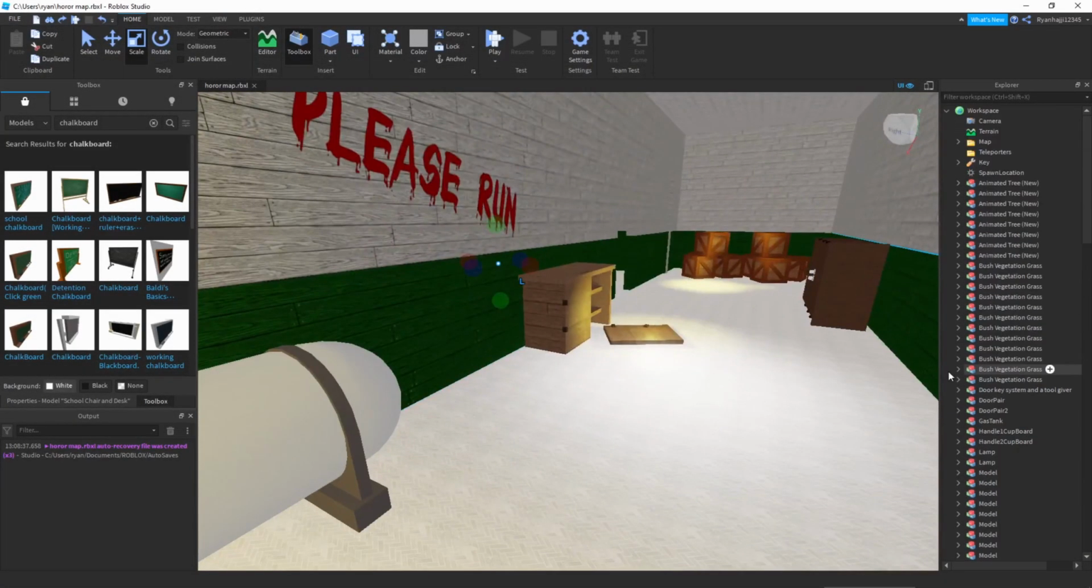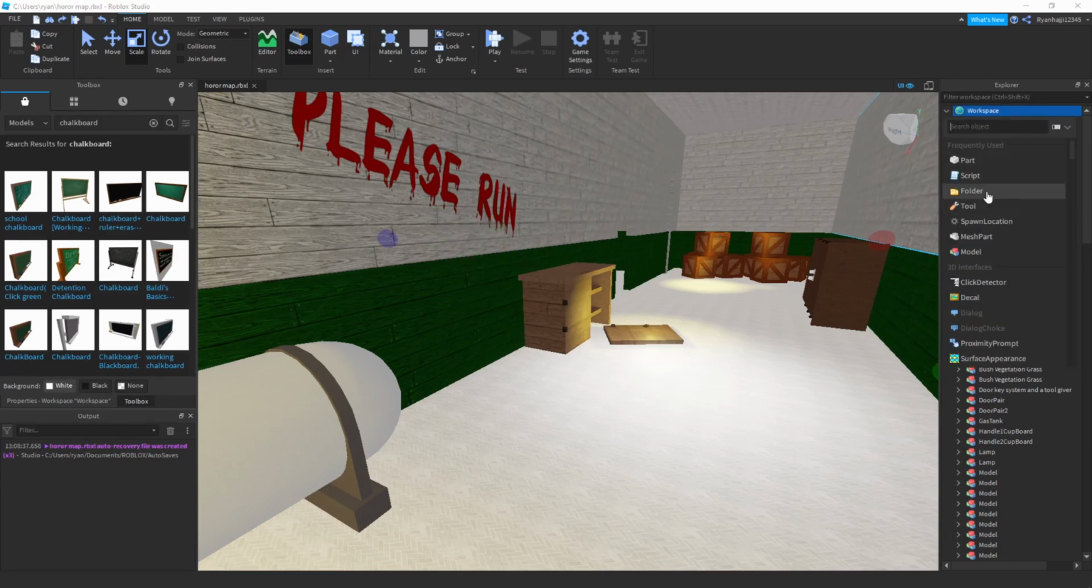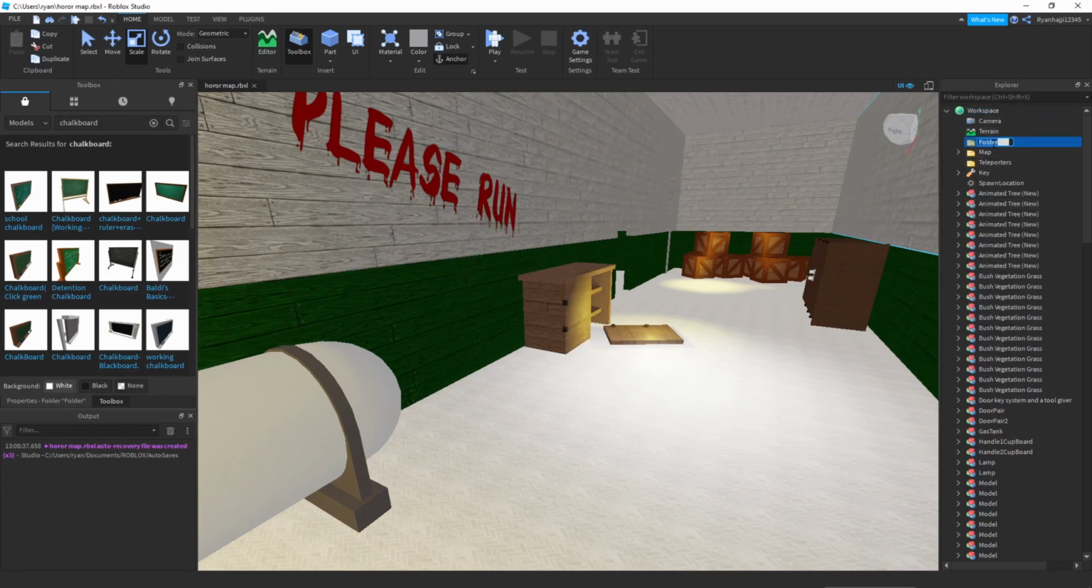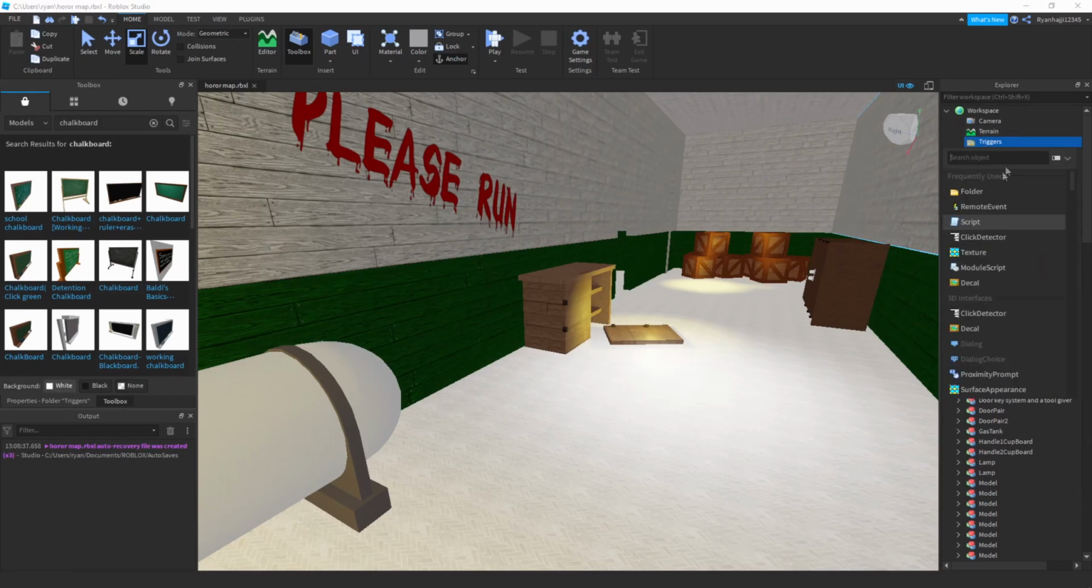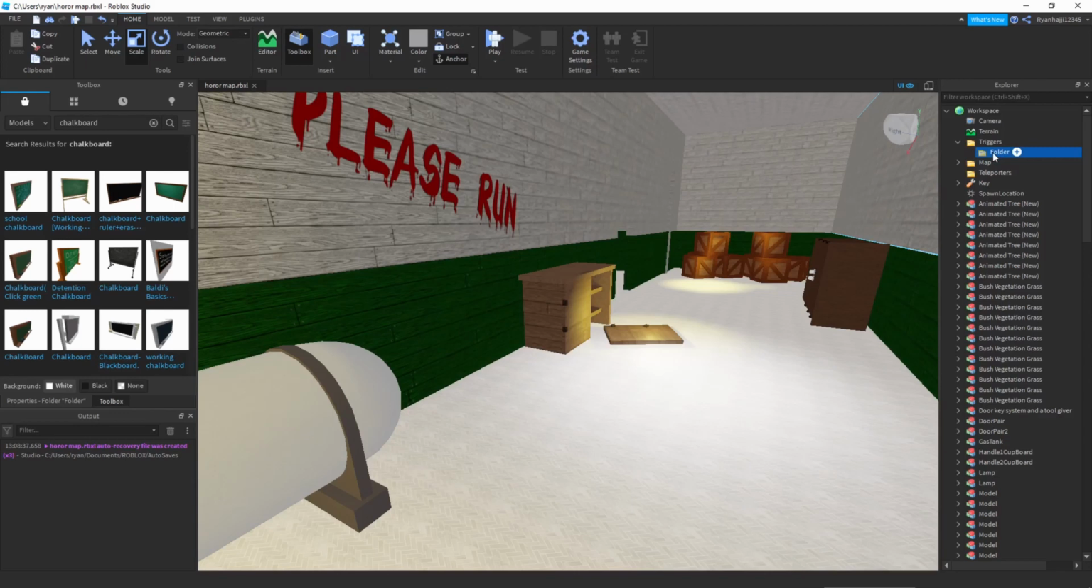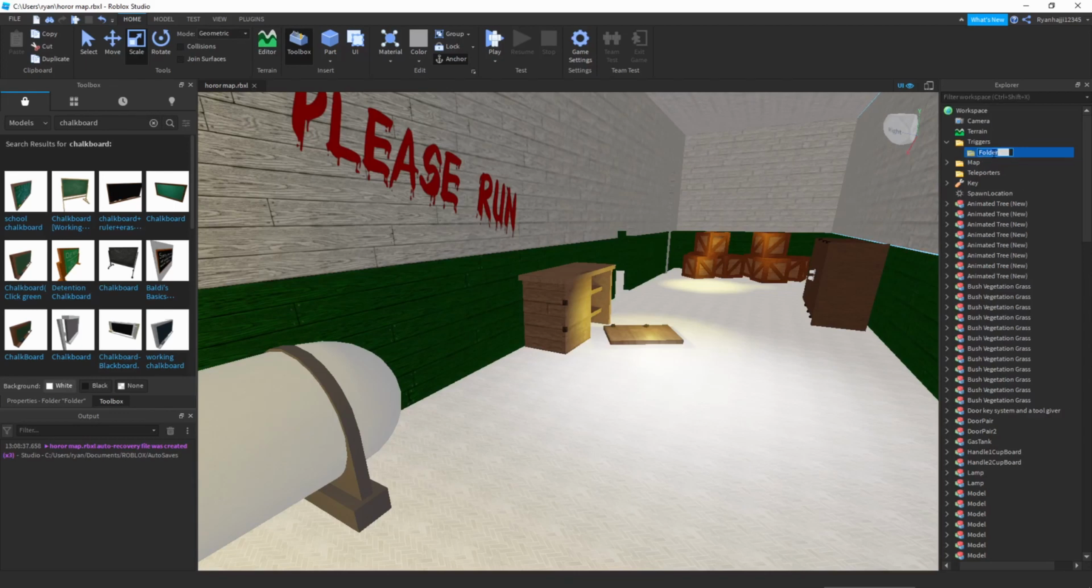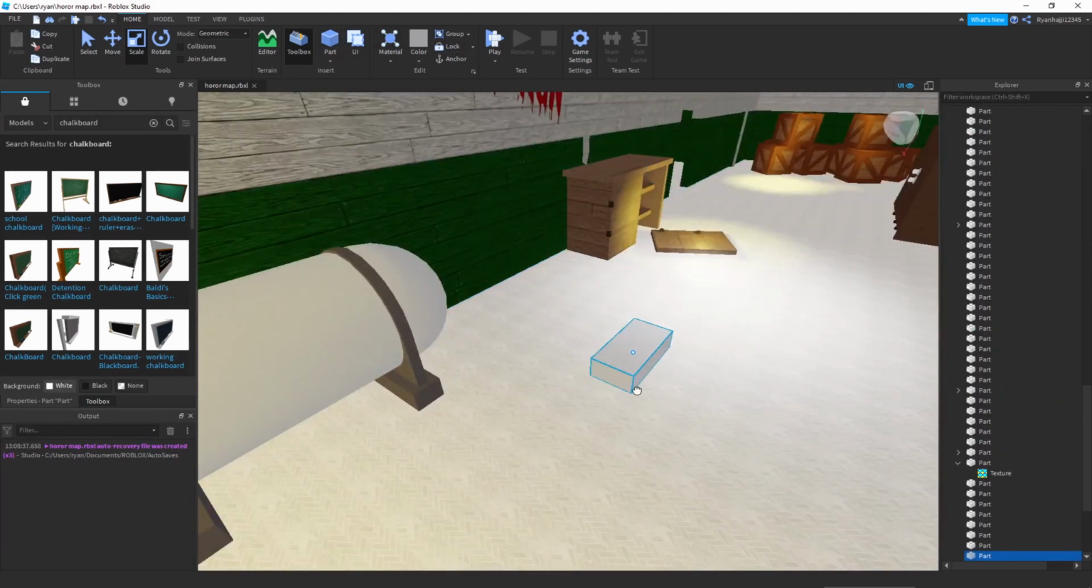So guys, to start off, we're just going to get straight into it. Go to workspace and create a folder. And you want to name this triggers. Once you've done that, insert a folder inside it and name that speech triggers. Just like that. Once you've done that, you can now insert a part, and this part we're going to call it